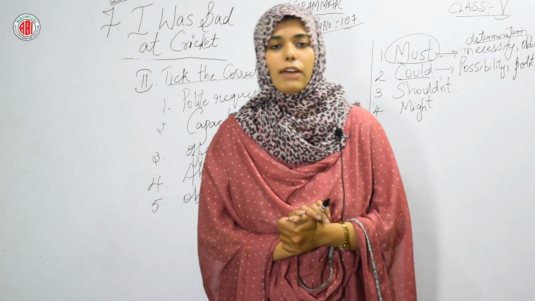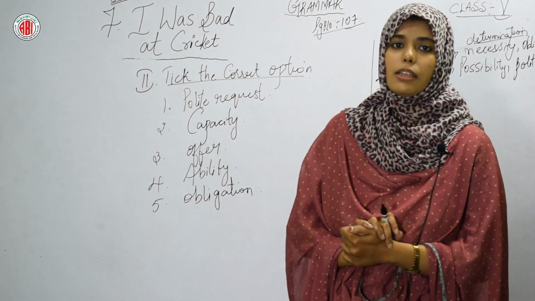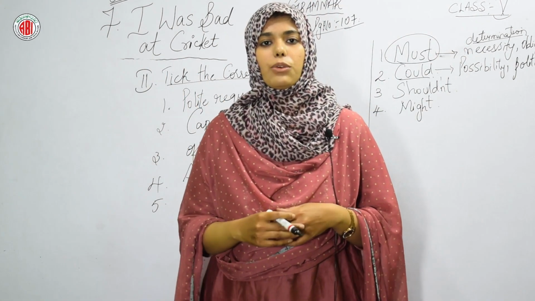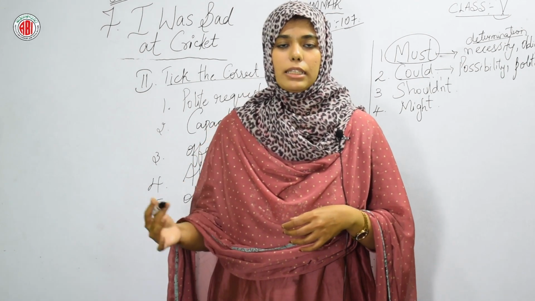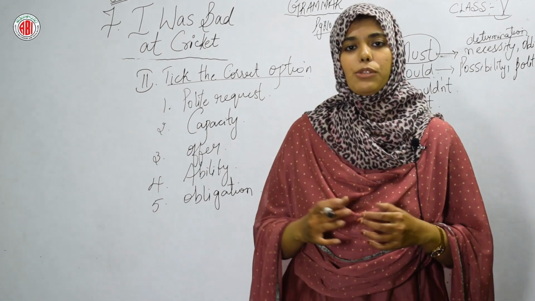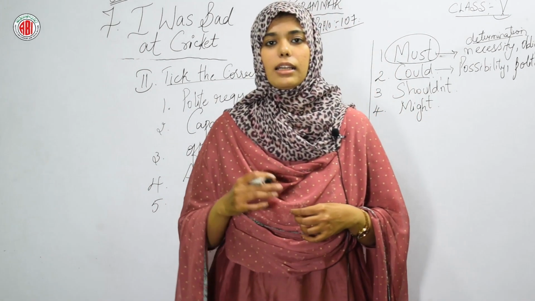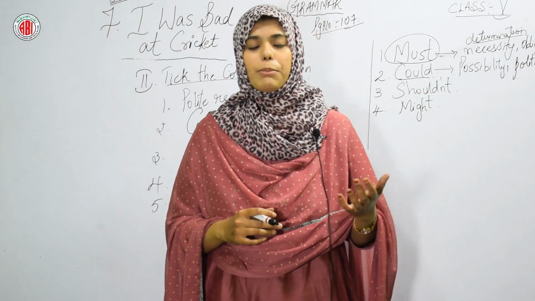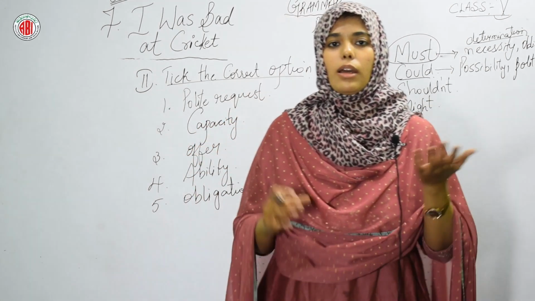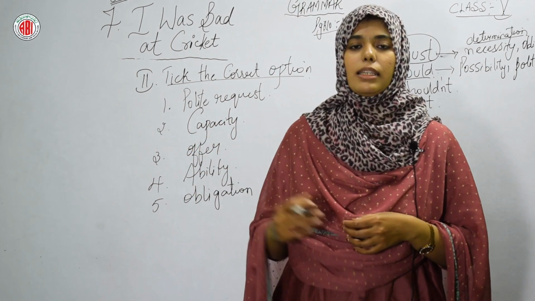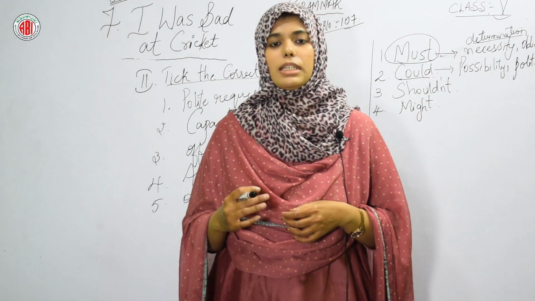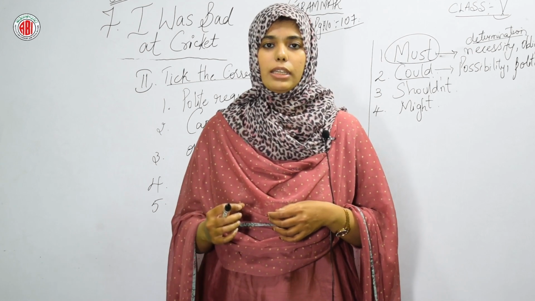In this way we have completed the grammar part and the vocabulary part of this unit 7. In the next class we are going to start the B reading of this lesson. I hope it is clear to everyone. The thing we have learned in this class is a new grammar part, which is modals or modal verbs. I have explained the definition along with its examples and activities, and made each and everything clear.